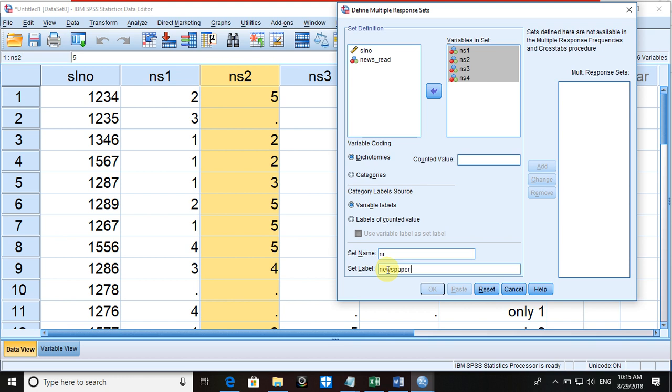Okay, now you have to provide here also. What is the category? What is the type of your data? Well, look at every column. NS1, this is a column. In this column, what are the values? Lowest value is 1, highest value is